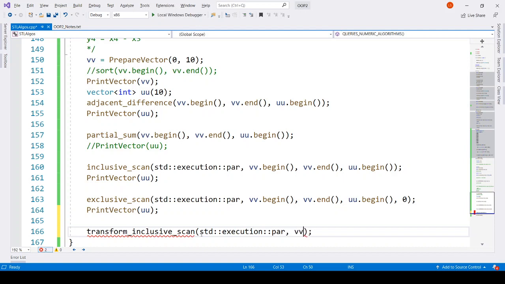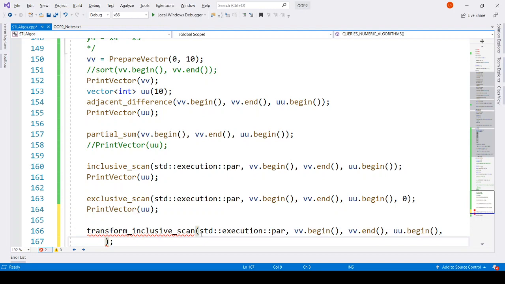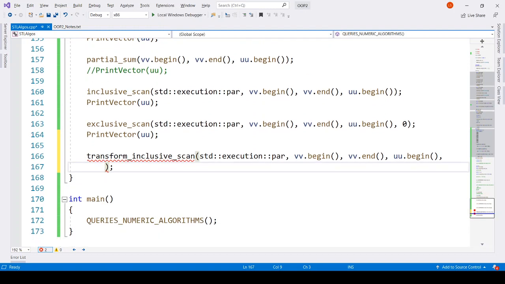So we want to perform transform inclusive scan, and by default the inclusive scan sums up the values.